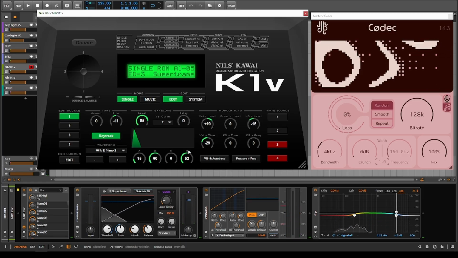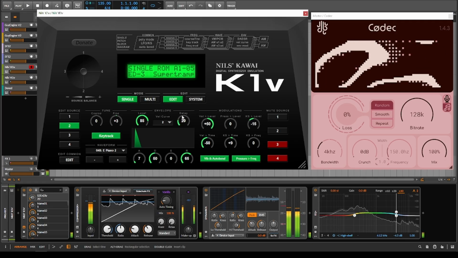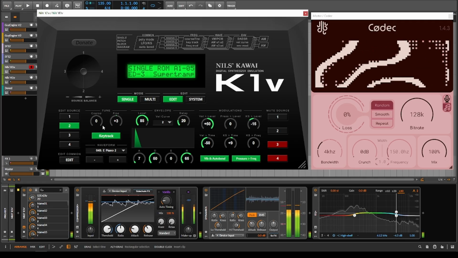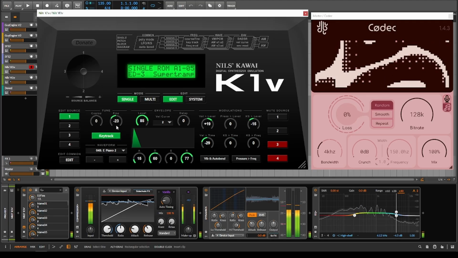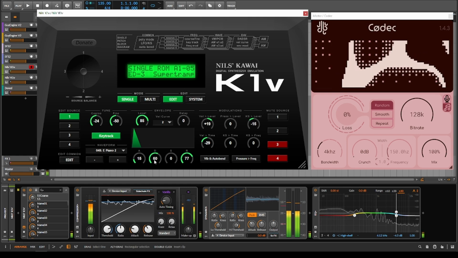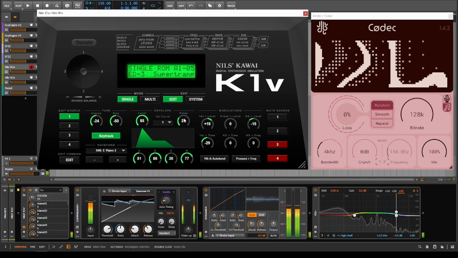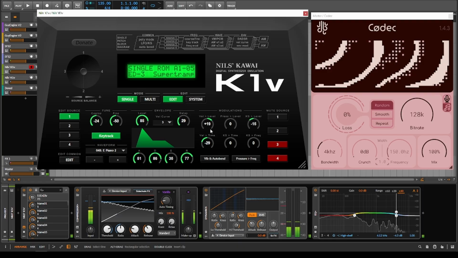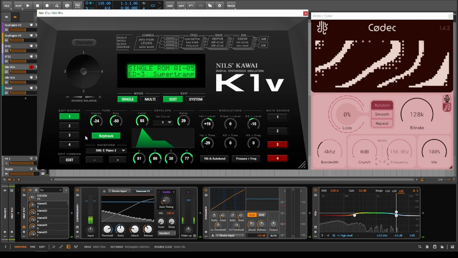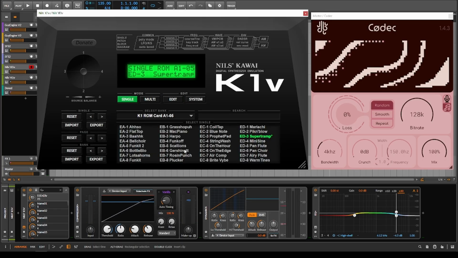Just a lot going on. You want to get into the really weird kind of stuff with editing the different sources and layers. But that's just K1V. You could sit here for days and just mess around and find out with K1V,